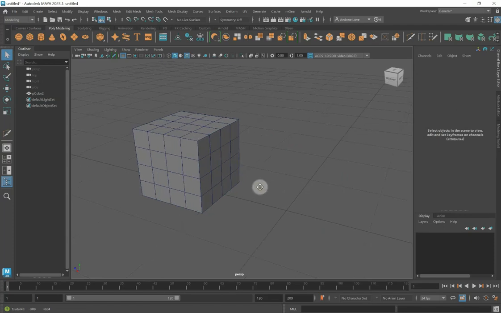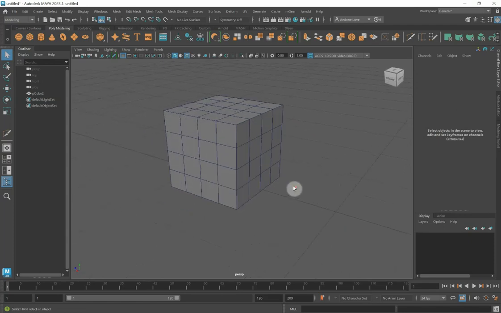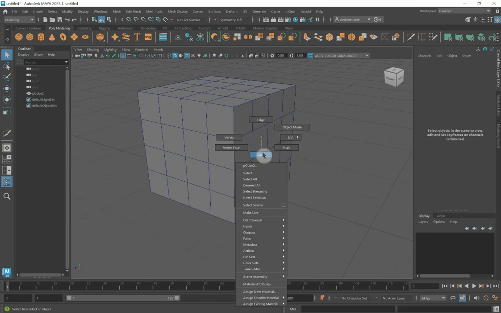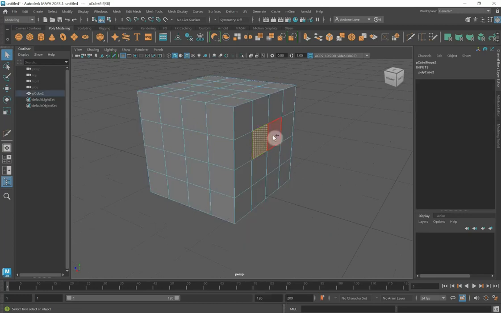Right, so faces. These are the faces we've got. Going to right click, go face, select this one, this one, this one, and this one. Now we can manipulate things in different ways here. There's all sorts of different pieces, but the things that are most useful here are extrude, which is have something coming out, and bridge, which is kind of join bits together. So if I go extrude,